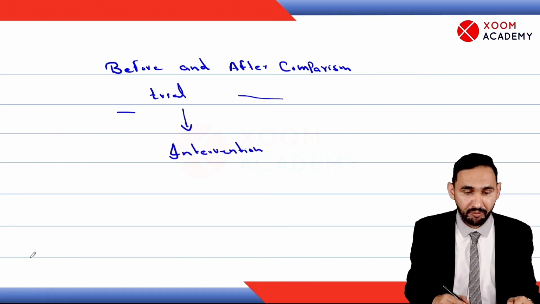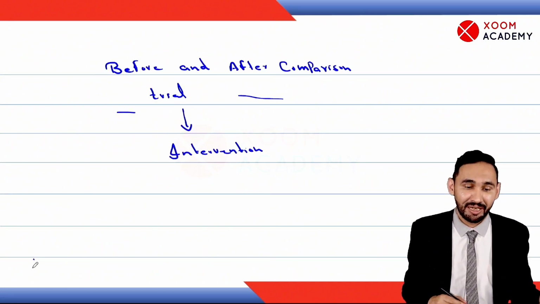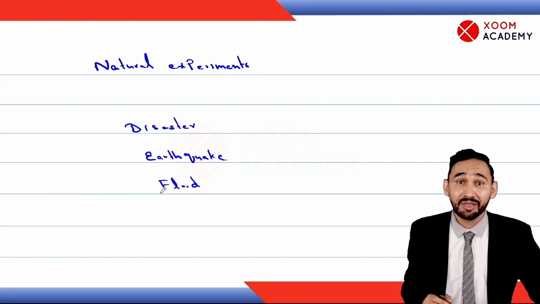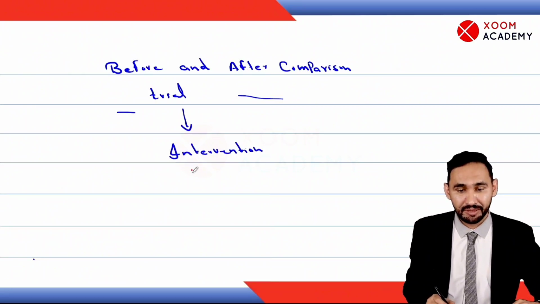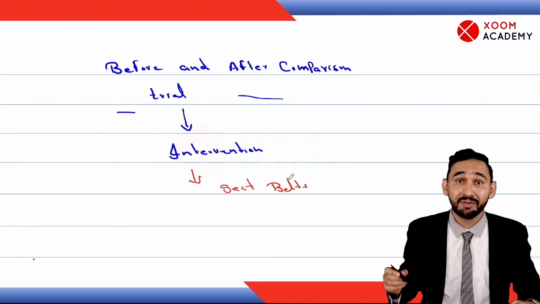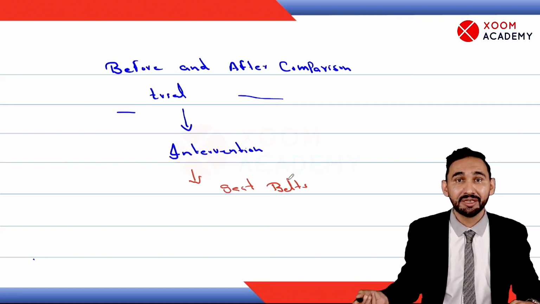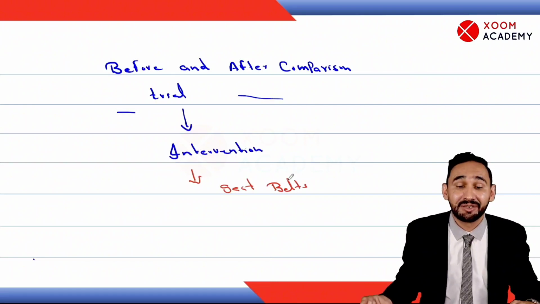Before and after comparison trials: before and after, we do an intervention. Initially, we will see what was happening before the initiation of some legislation or intervention. Those who are not using seat belts are more prone to accidents, or injuries are severe in those who are not using seat belts. So we'll do an intervention of seat belts. What is the intervention? Seat belts. And we'll see after this intervention whether the severity of injuries is reduced or not. If the severity of injuries is reduced after this intervention, we can say that this intervention is successful.